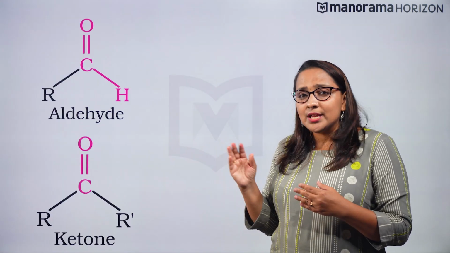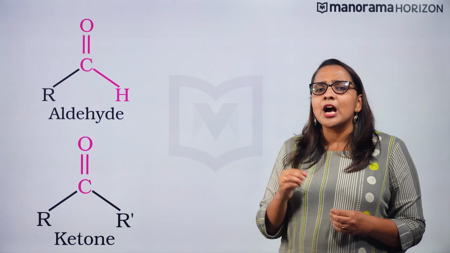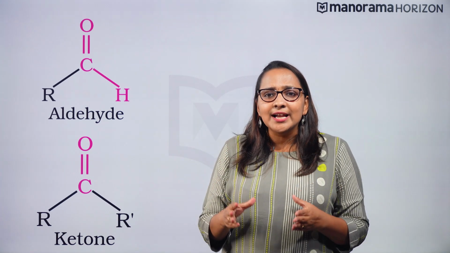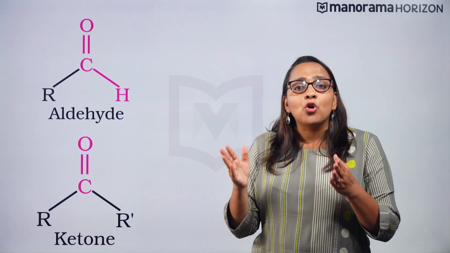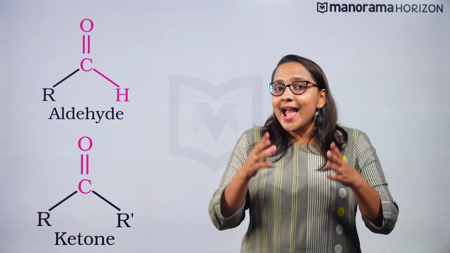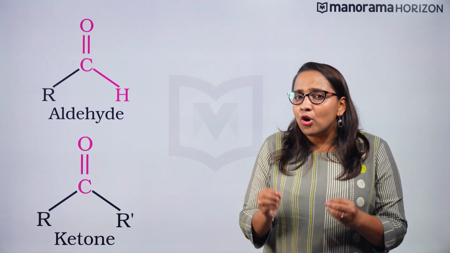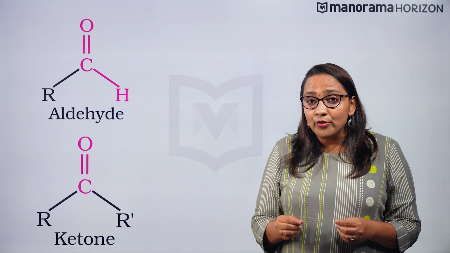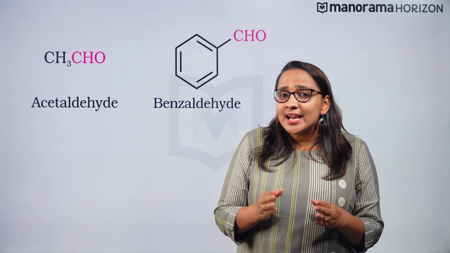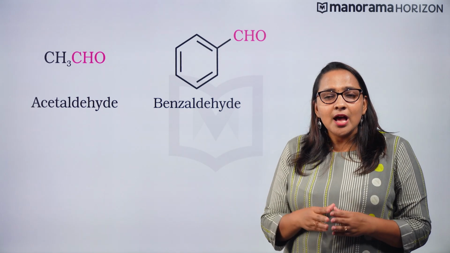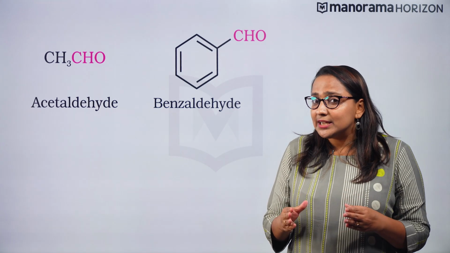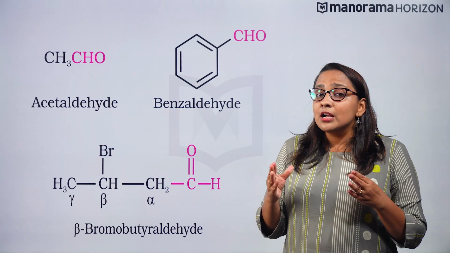Aldehydes and ketones are the simplest and most important carbonyl compounds. There are two systems of nomenclature of aldehydes and ketones. One is the common name and the other is the IUPAC name. Aldehydes and ketones are often called by their common names instead of IUPAC names, such as acetaldehyde and benzaldehyde in case of aldehydes. The location of the substituent in the carbon chain is indicated by Greek letters alpha, beta, gamma,